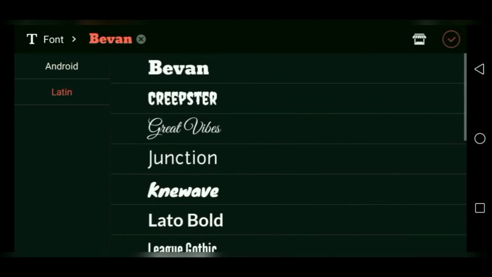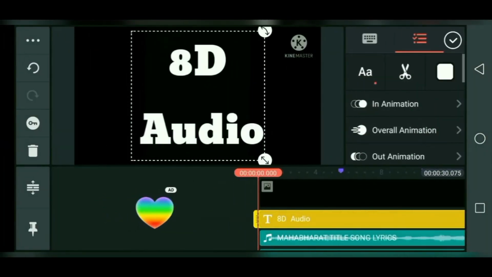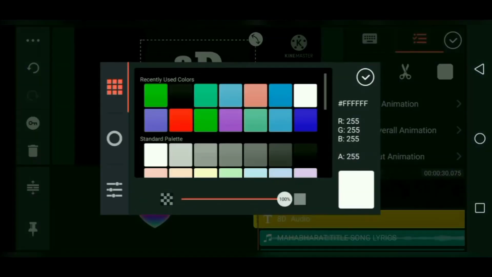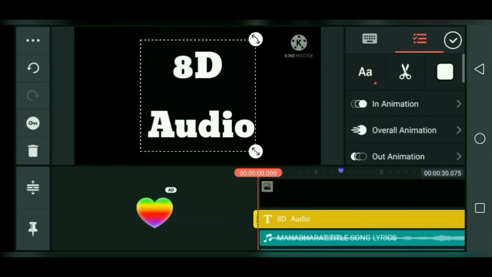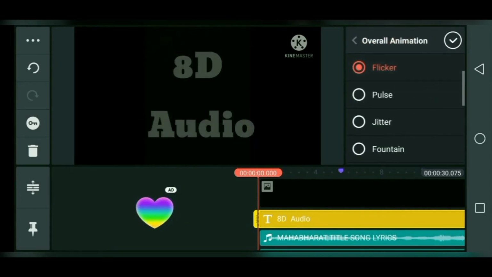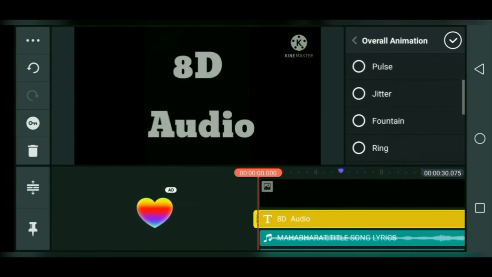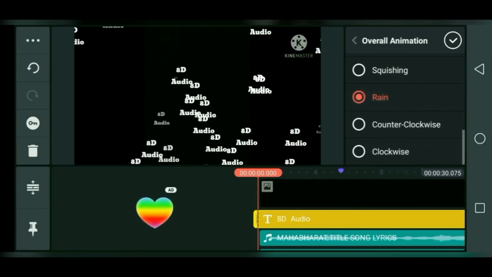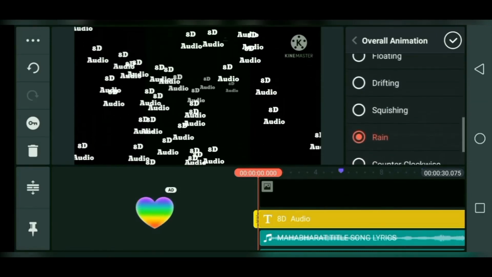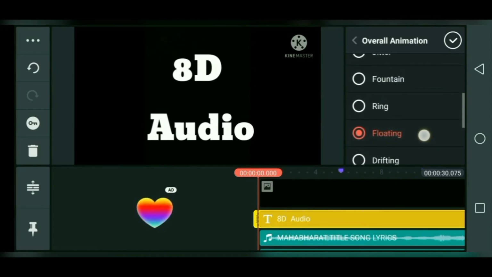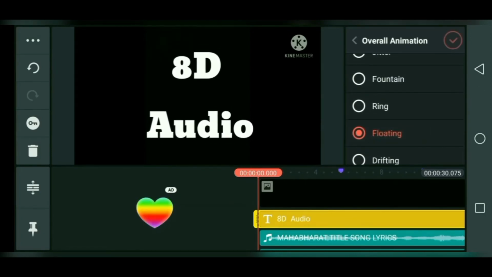I'll choose Bevan, and yeah, it looks good. Now color, let it be white itself. In overall animation, let it be flicker. Okay, no, let it be beat, but the beat option is not there. Okay, now this. Okay, so this looks good.